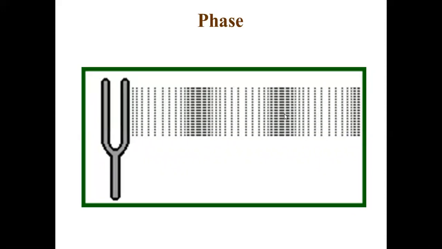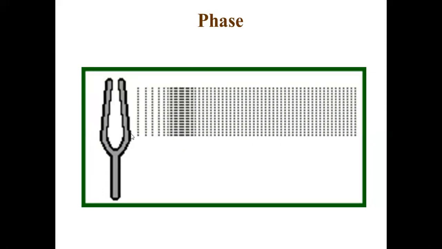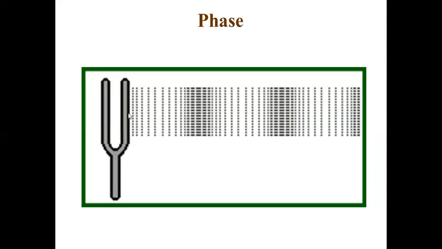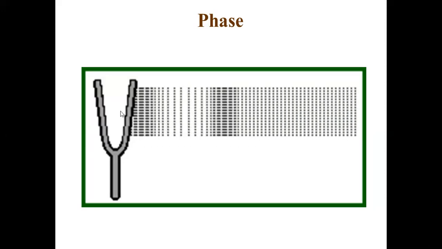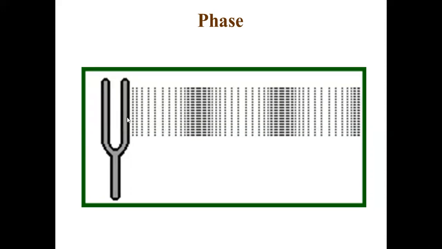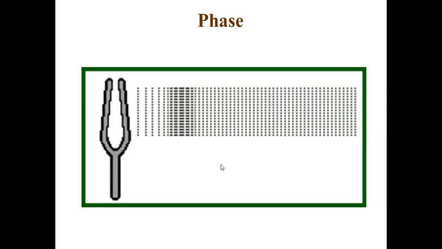Now we will see the phase of a wave. What do you mean by phase? Suppose you look at a tuning fork vibrating like this. As soon as it vibrates, the air molecules here will not be vibrating; they are still here. When the fork starts vibrating, the nearest air molecules will be disturbed. As they are disturbed, they move forward and backward, and they keep on propagating the disturbance to the other molecules also. That's why we get compression and rarefaction.